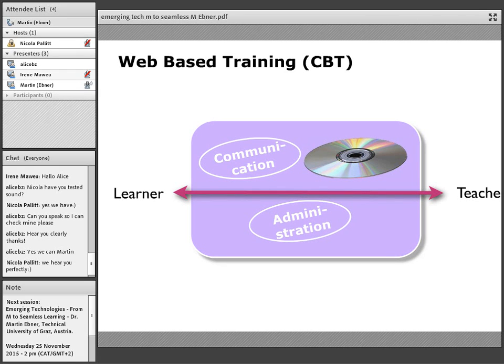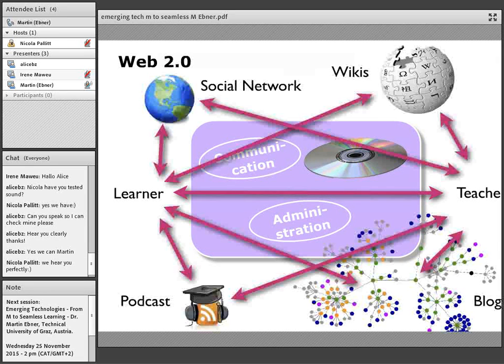And that was also the next step, 1999 to 2000, where we changed from just learning with CD-ROMs to information systems. The next step was that we also saw as teachers, oh, there is not only a learning management system outside on the web, there are big social networks, podcasting, blogs, whatever, so-called Web 2.0. And we began to use Web 2.0 technologies for learning.